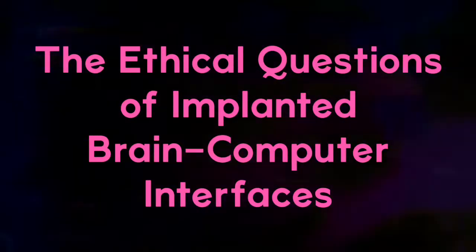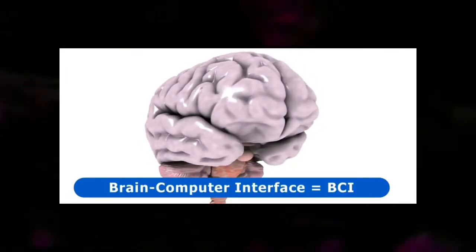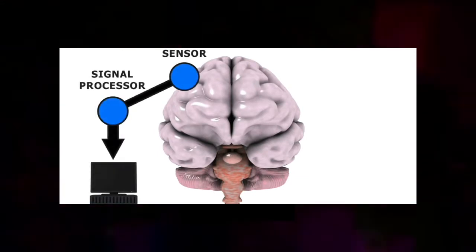The ethical questions of implanted brain-computer interfaces. First of all, what is a brain-computer interface, or BCI? It is a device that reads brain signals, analyzes them, and outputs the results to a computer that can perform